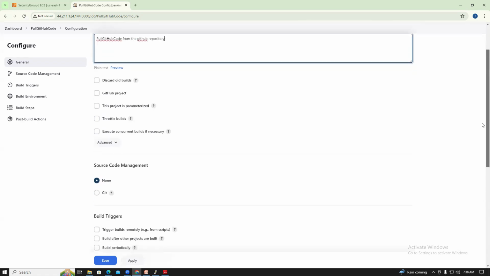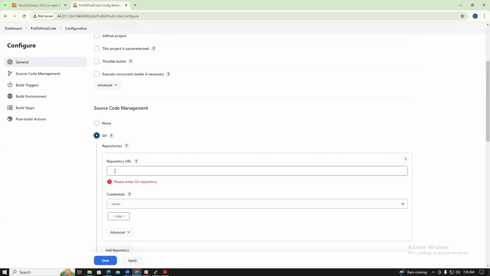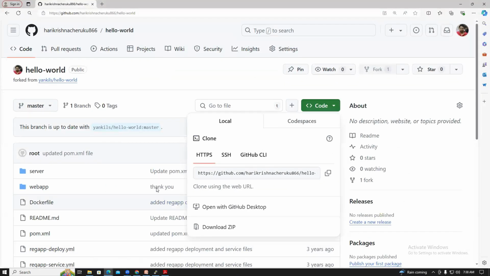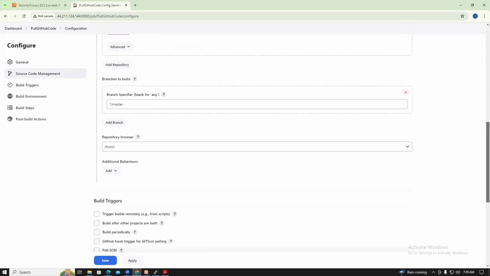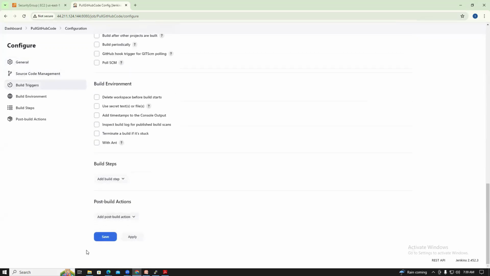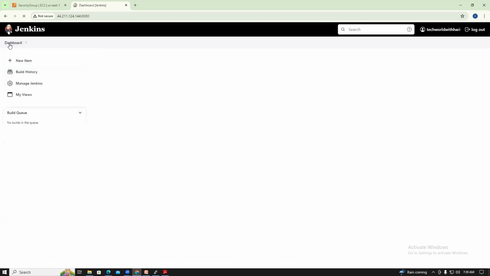So go to the Git. In the Git source code management, before it was not enabled, now it is enabled. The repository, so where is the repository? This is the hello world repository. You guys can copy this repository, paste it here. This is a public repository, right? No need to give the credentials. Just apply and save. Now your job is created. The dashboard,